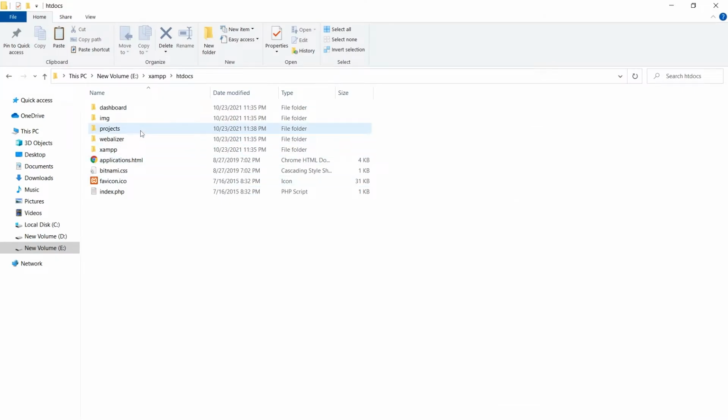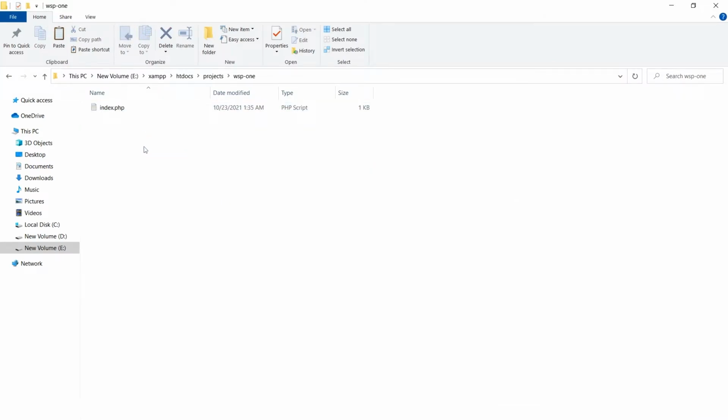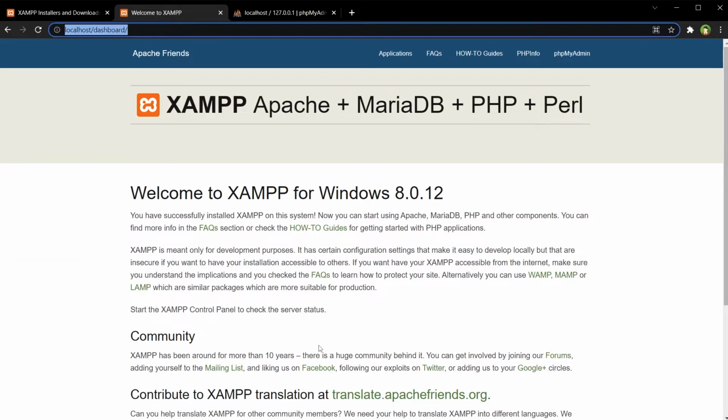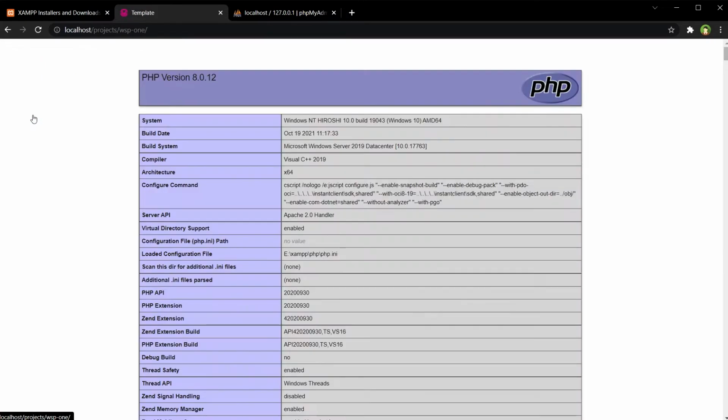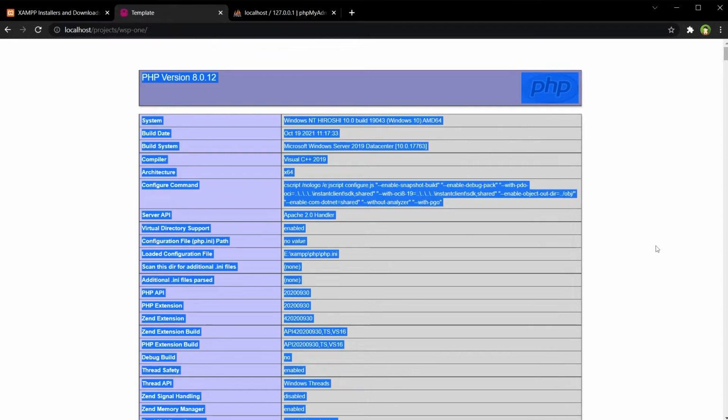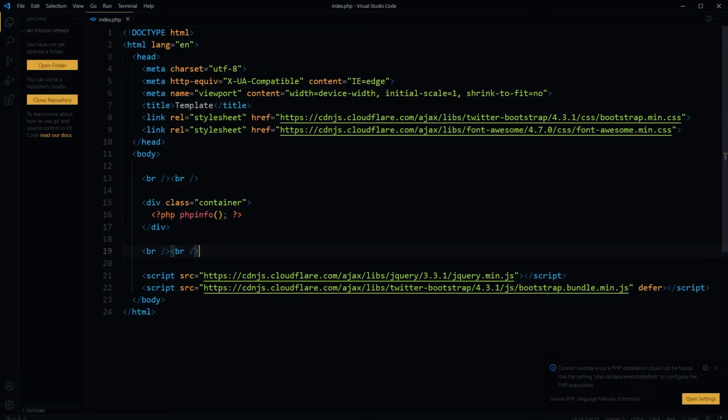If we want to run this file, we will go to projects. From here, localhost/projects, and here we see our project folders that we created. Let's click here WSP1, and here as you can see PHP is being executed from this page.